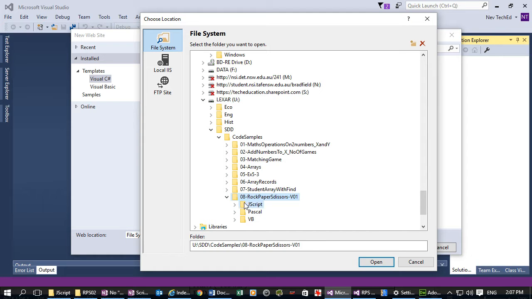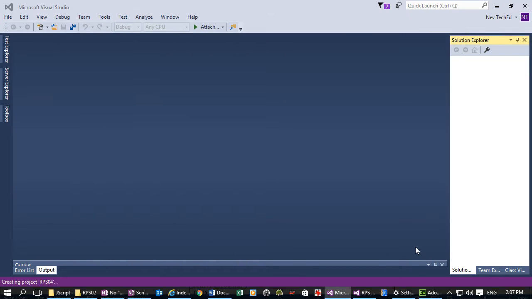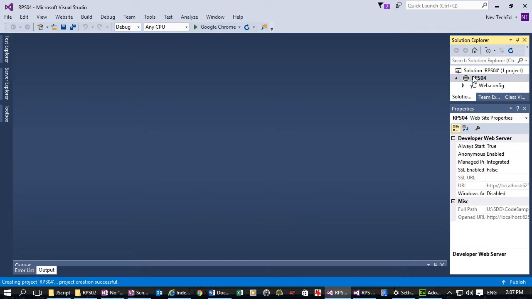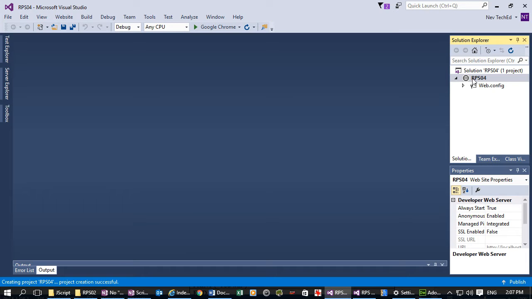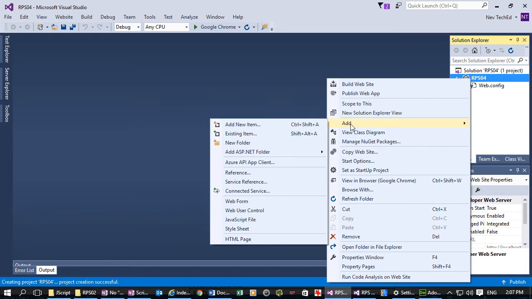This will be JavaScript, so I'll create a new file in the rock, paper, scissors version 4. Now, we'll say OK. We'll end up getting a solution file up the top here. Let's get these properties down a bit. There's a solution file. Now, we haven't got a file to work on yet, so we'll add a new item,